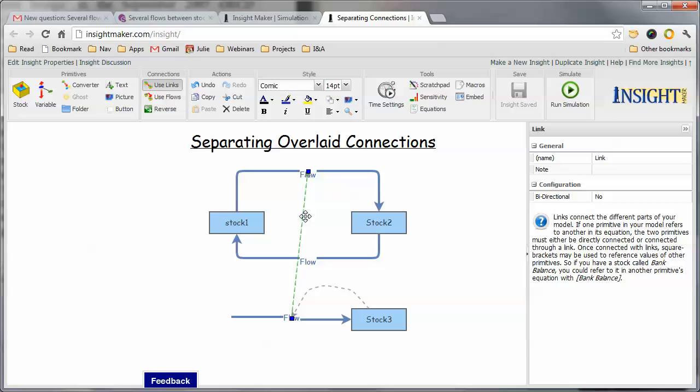So for this particular link, I can add a whole bunch of handles on it, and I can then go ahead and reroute this particular link,